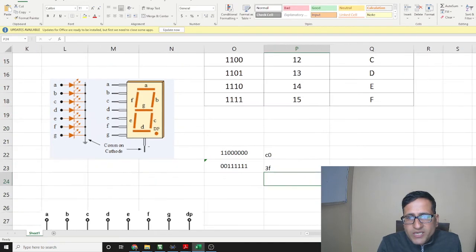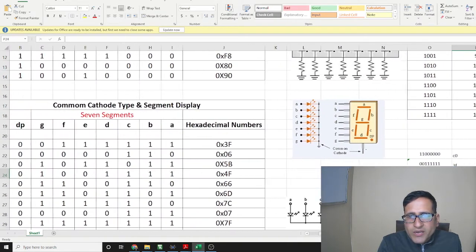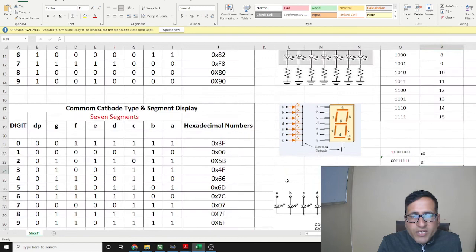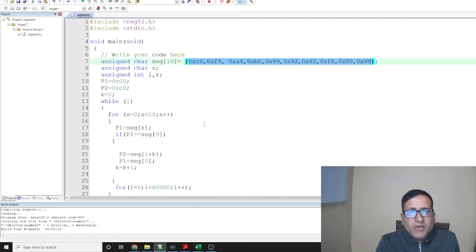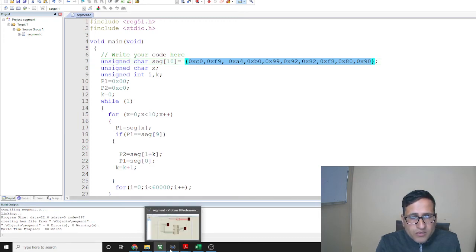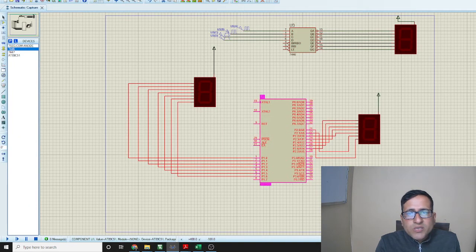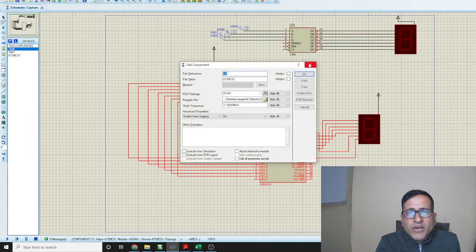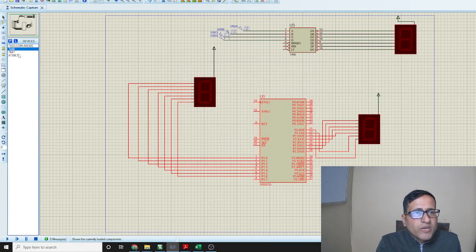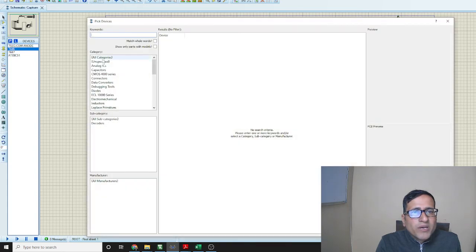I hope it is clear to you, and it will be helpful to understand the programming done in this case. And in Proteus we use this LED as the common anode, so we can also take it as common cathode by changing the array values in the MicroVision software.